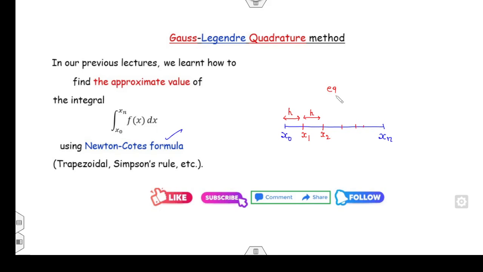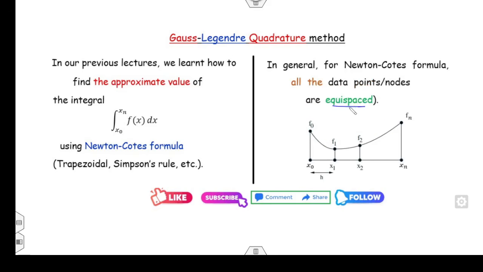So that means the points are equispaced. All those xi's are called nodes, and each node is equidistant from the initial. The distance x0 to x1 is h, where h you can define as the upper limit minus the lower limit divided by